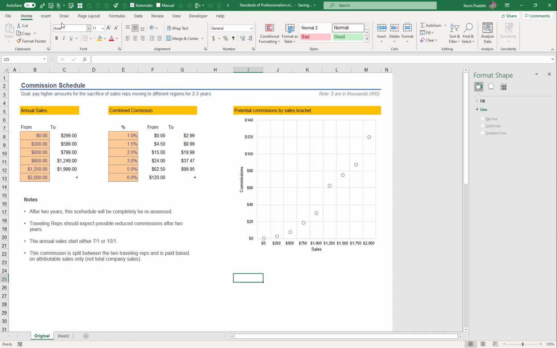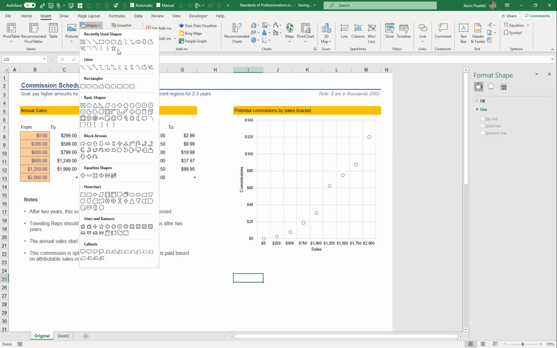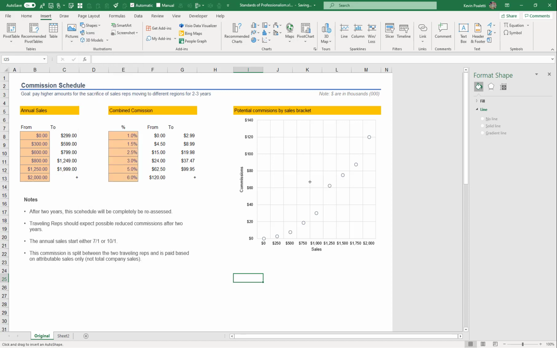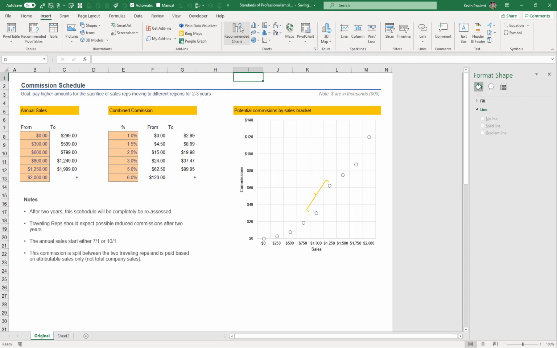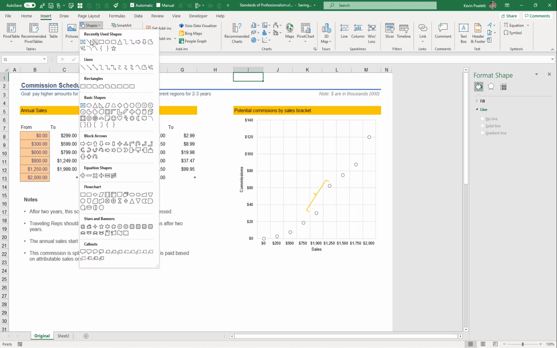And we'll also go ahead and insert a little bit of a shape here so that we can explain what's happening. We can put this bracket right on the chart. We can rotate it a little bit, put it right here. We'll make the shape outline match that same gold color that we've been using. And then we'll also input a text box. So if we go to Insert, and we can just use this Shapes here, we can choose this text box